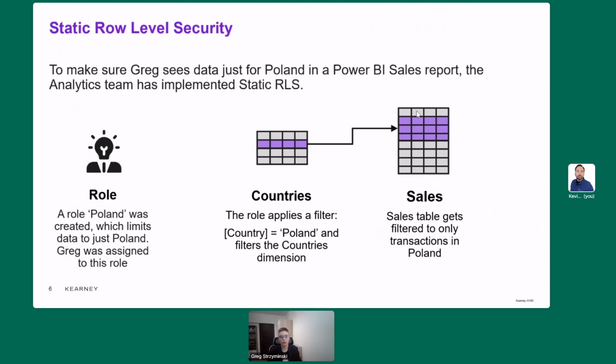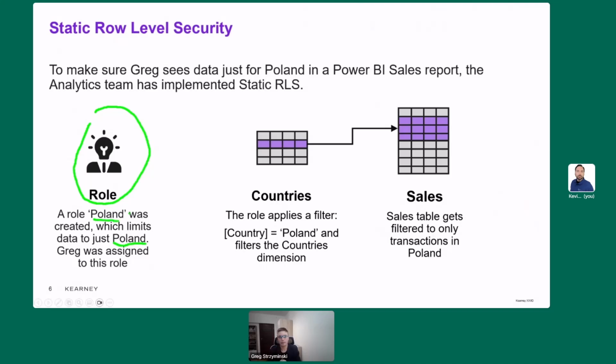How do we do it in Power BI? There are two approaches to the row level security. There is the static and dynamic one. A static row level security is something in which we would create something that is called a role in Power BI Desktop, to be specific. And this role will tell Power BI that whoever logs in as this role will have all their data in the dashboard filtered to just Poland. So we can create a role that will be specifically called Poland,